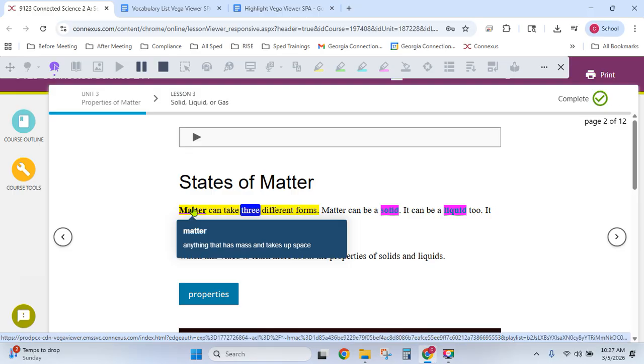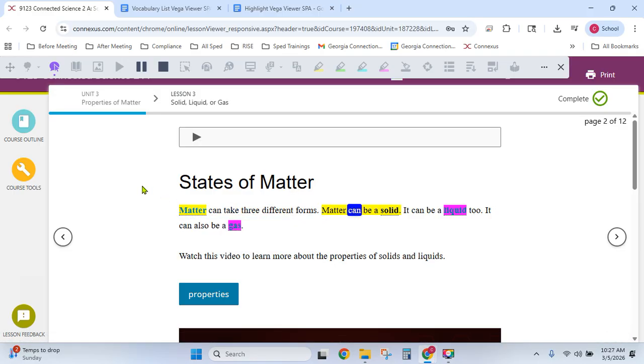Matter can take three different forms. Matter can be states of